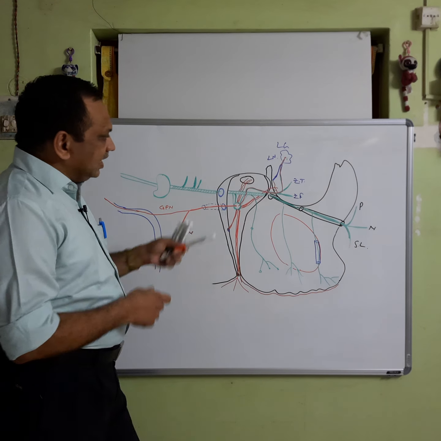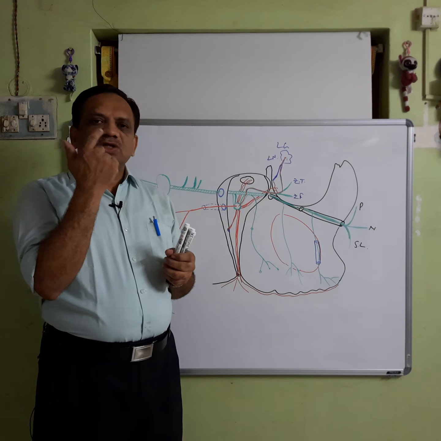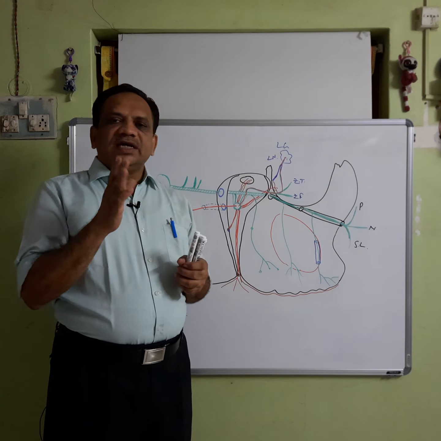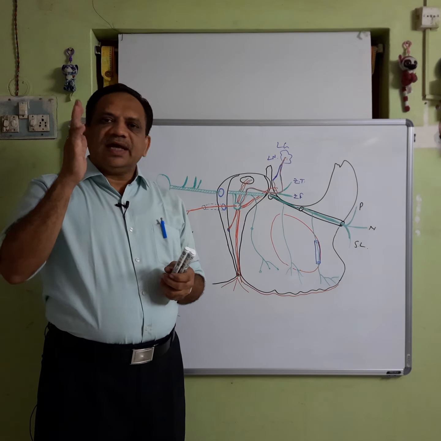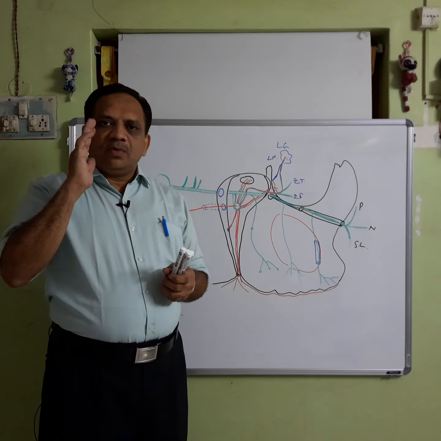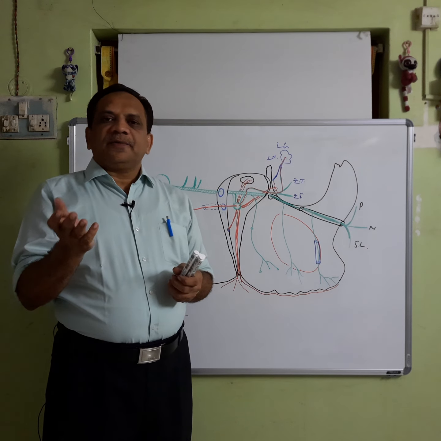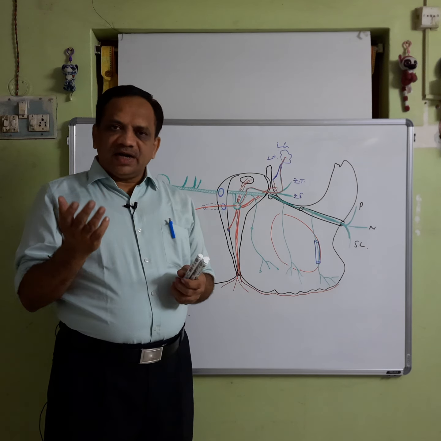These nasal branches, after entering into the posterior superior quadrant of the nose, divide into two sets. One set goes to the lateral wall of the nose. There are 6 to 8 branches. They supply the mucosa and nasal glands of the posterior superior aspect of the concha, the mucosa, the meatus, and sphenoidal and ethmoidal air sinuses.